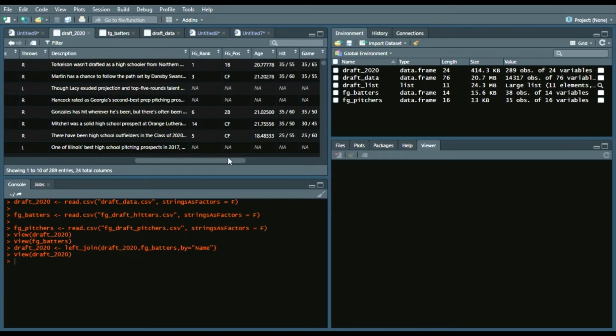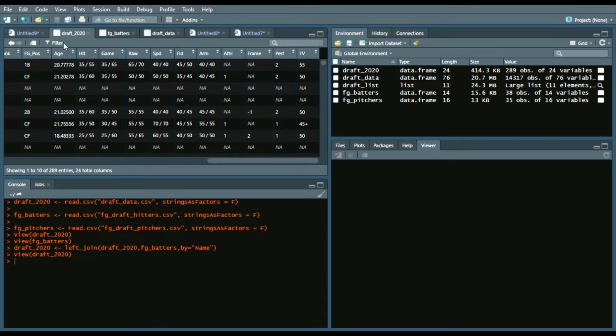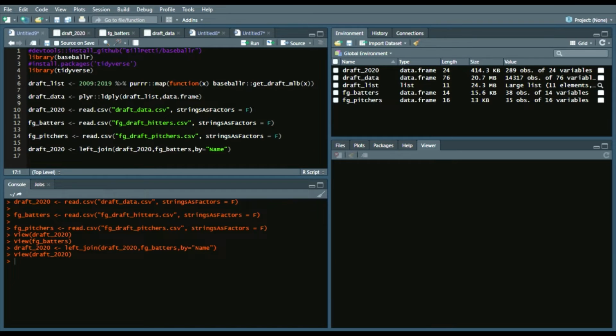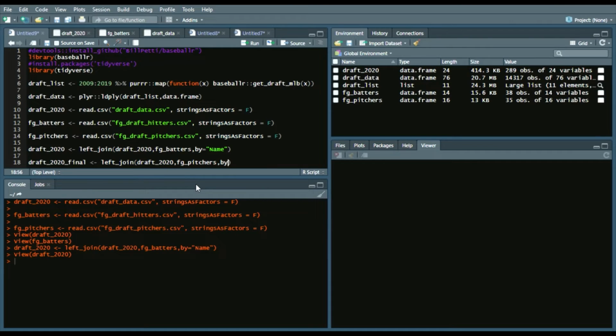So for pitchers, you may not see it, but something like this, we can see Fangraphs rank, position, age, hit, game, raw, speed, field, arm, athleticism, frame, performance, and future value. So what we'll do next, and just to make sure that I do it right and you guys do it right, I'll say draft 2020 underscore final, and again we'll do another left join, which will say X again is draft 2020, Y is this time Fangraphs pitchers, but again we will use by name, so that way we